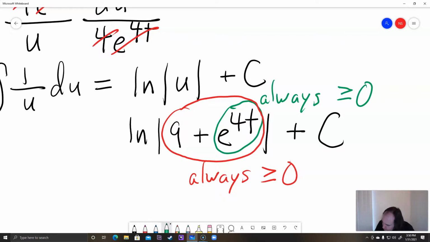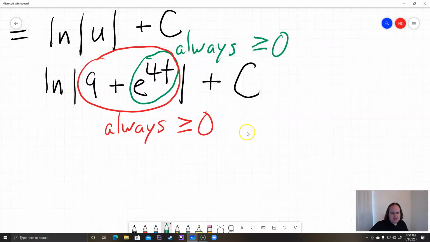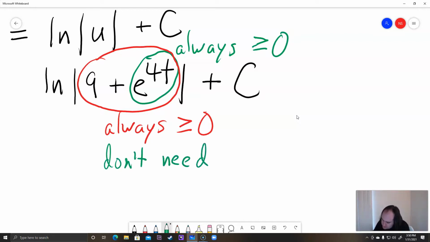So what we got here is because it's always greater than or equal to 0, we don't need the absolute value. It's just a little sticky detail there. Okay, so since it's always greater than or equal to 0, you don't need your absolute value